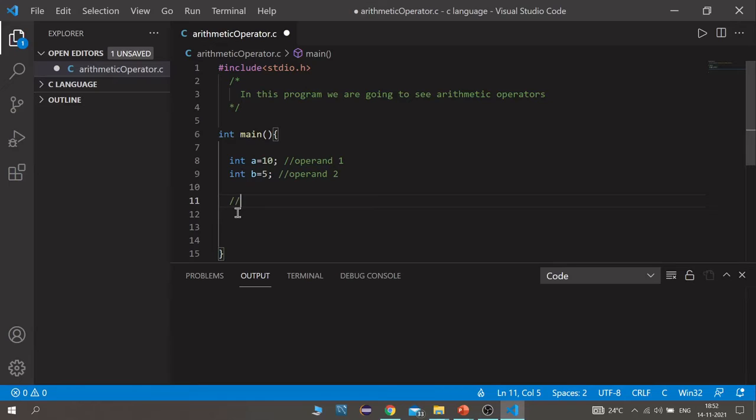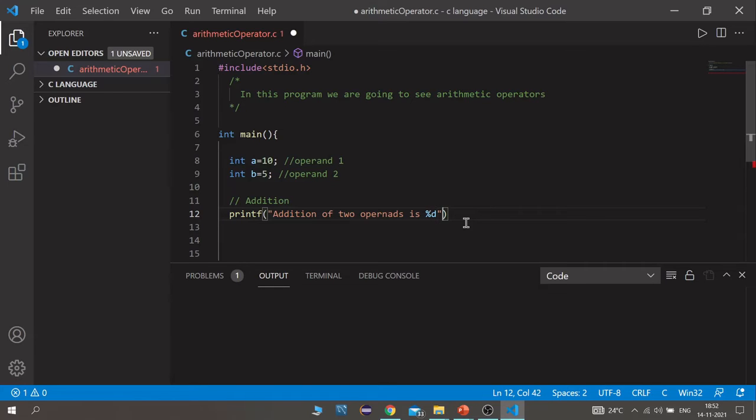Let's see the first operator, addition. Now let's write a printf statement, in double inverted quotes: addition of two operands is, and the value will be percentage d, that is an integer.